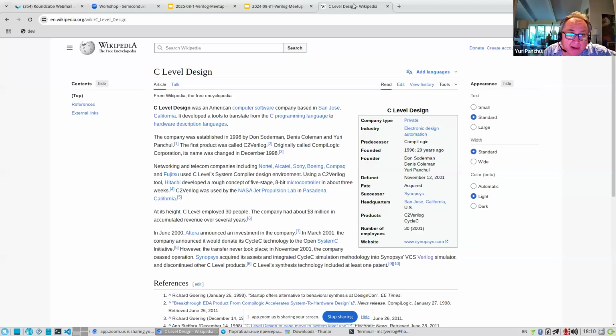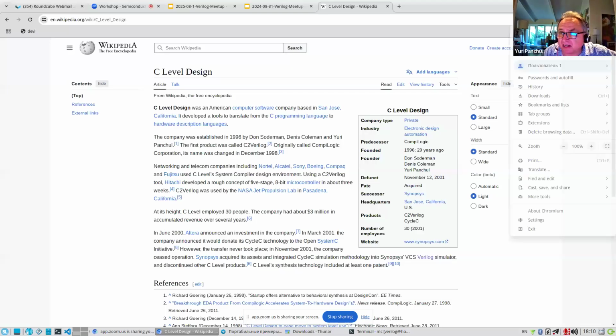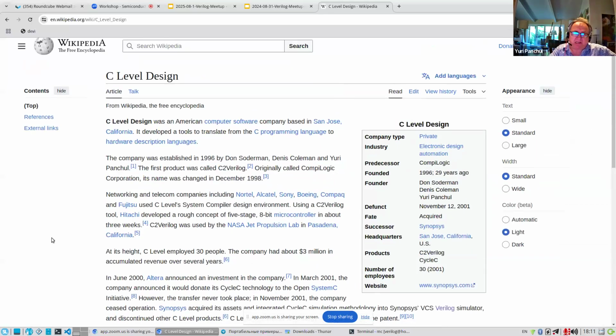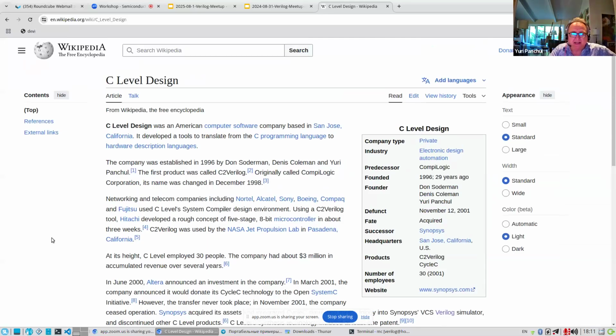I was a technical founder. Let me share my screen. So this is the article in Wikipedia about C-Level Design. This happened a long time ago, back in the 90s.